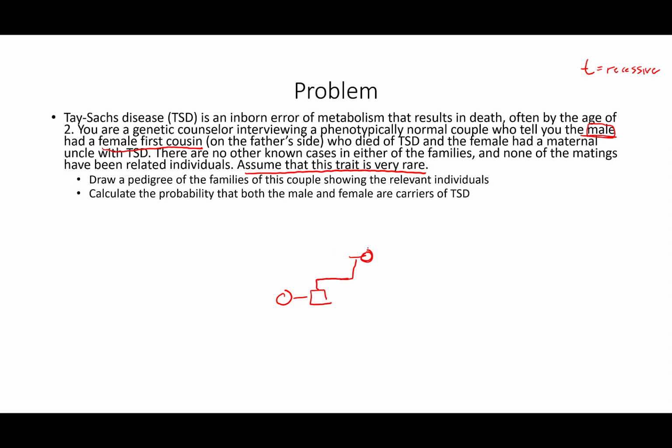Actually, I'm going to draw this way. So this is his father. And then from his father, it said that he had a first cousin, which means this person had some type of sibling. We don't know what that sibling is, so we're going to give it a